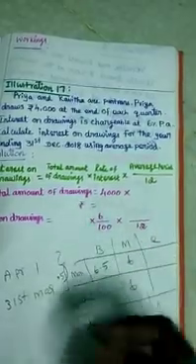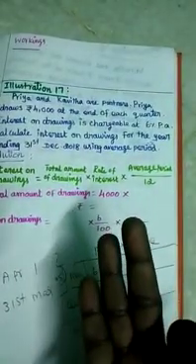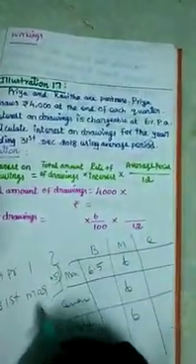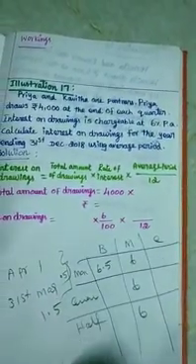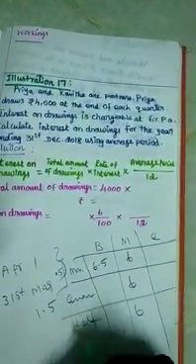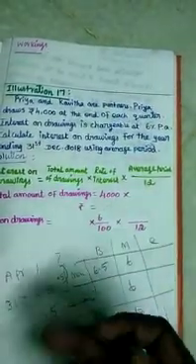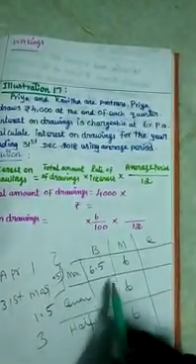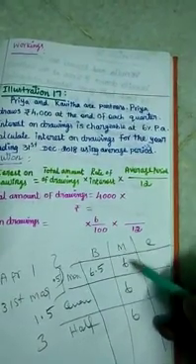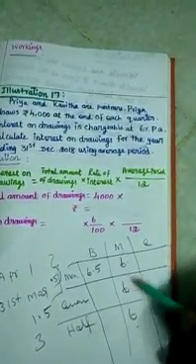Quarter means, in a quarter how many months are there? 3 months are there. So half of 3 is 1.5, because 3 divided by 2. In a half year how many months are there? 6 months are there. Half of 6 is 3. So now keep the middle period alone in your mind: it is 6 for all.